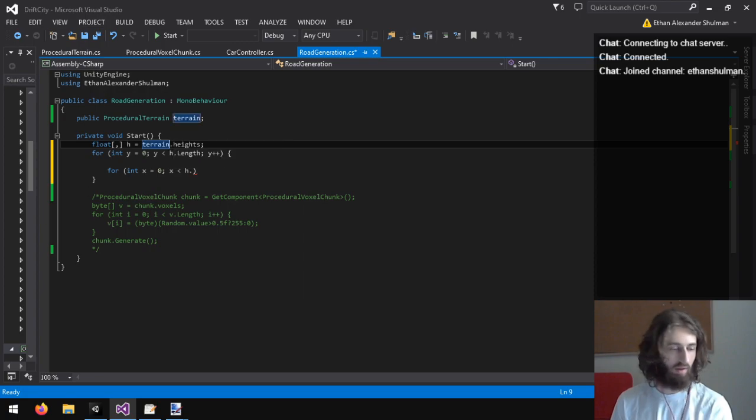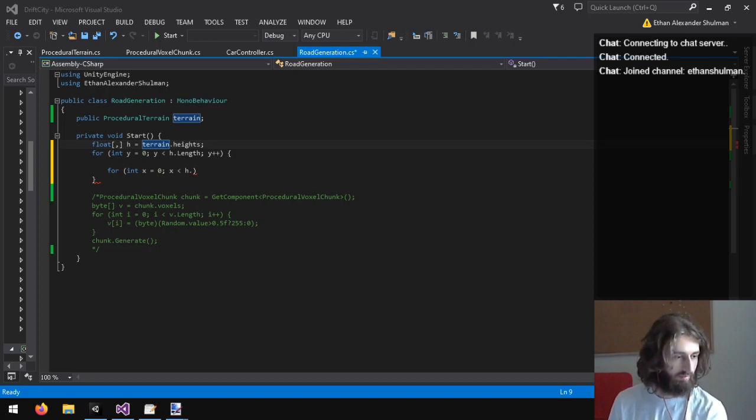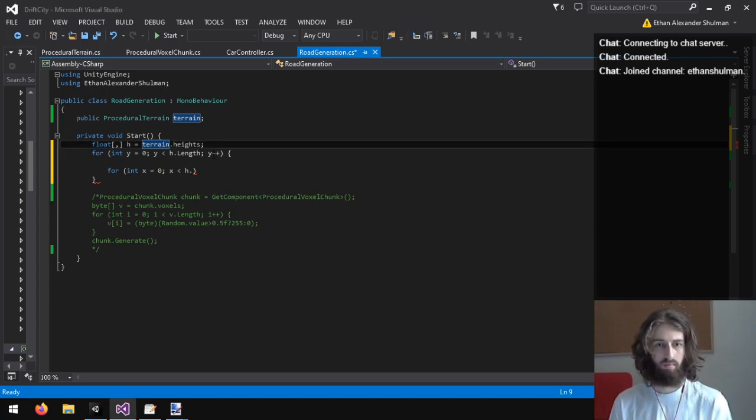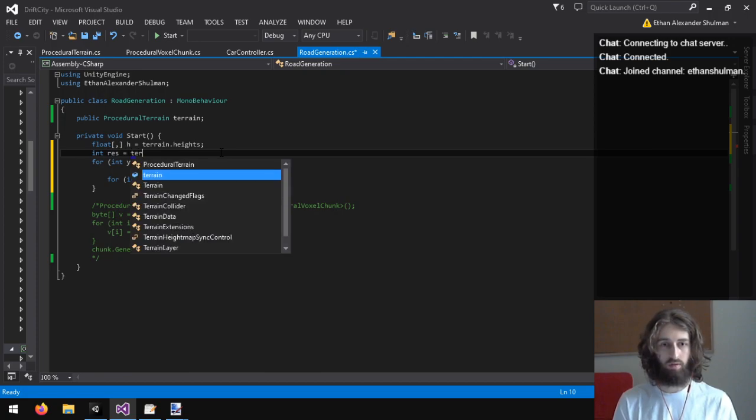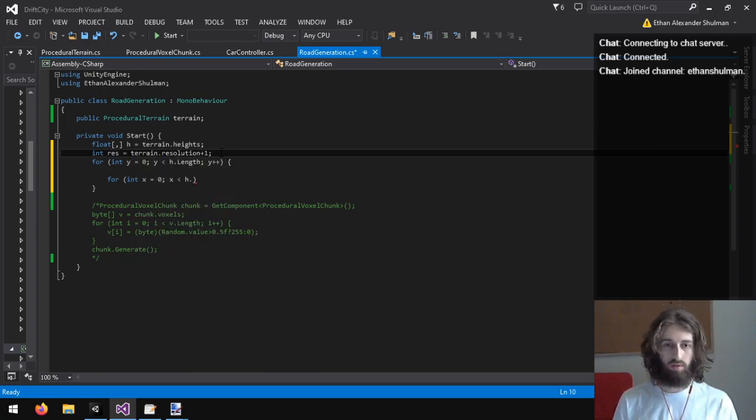Wait, I actually don't know how lengths work in 2D arrays in C#. How to get length. Get length with the index of the dimension. Or actually, I can just do resolution plus 1.